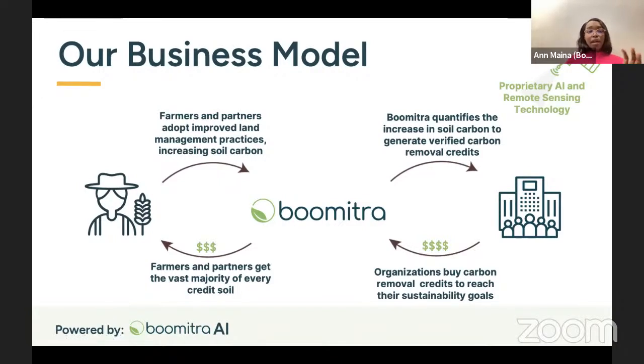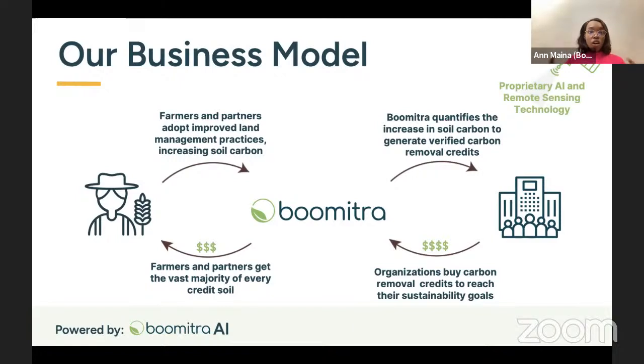And going back a bit to the benefits that the farmer is getting, it's not only about the carbon revenue. When they adapt these improved agricultural practices, their soil becomes healthy. That means there's going to be a ripple effect in terms of their productivity, and this is also going to increase their income.